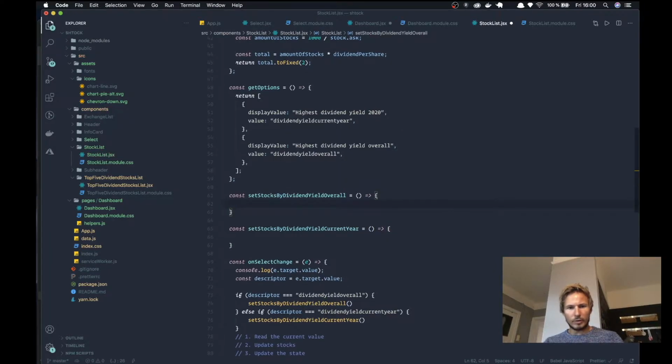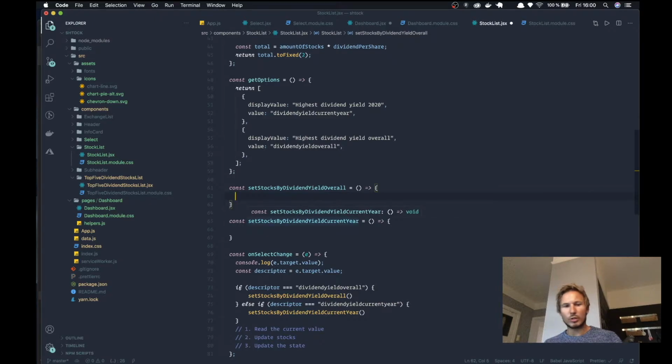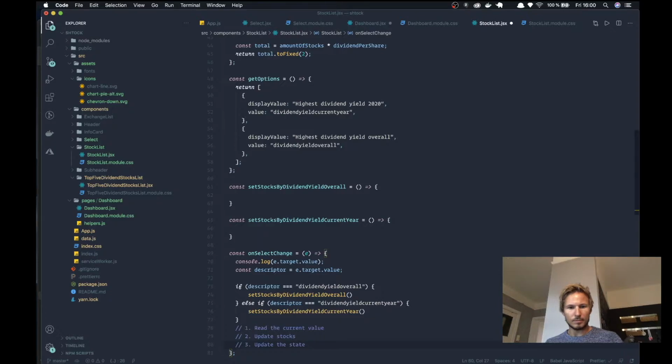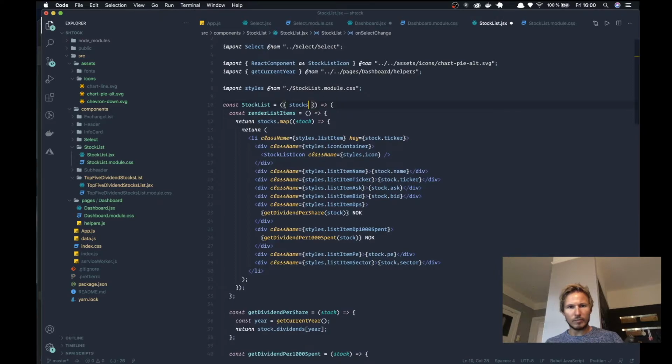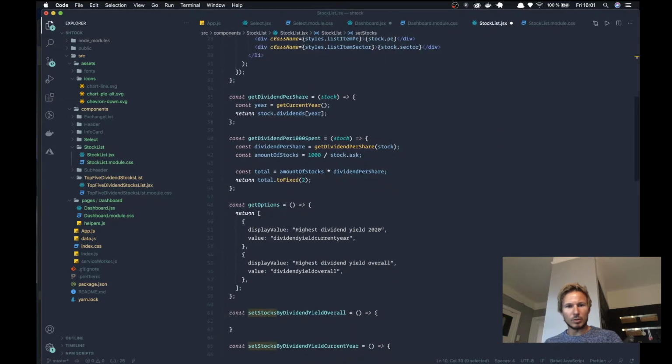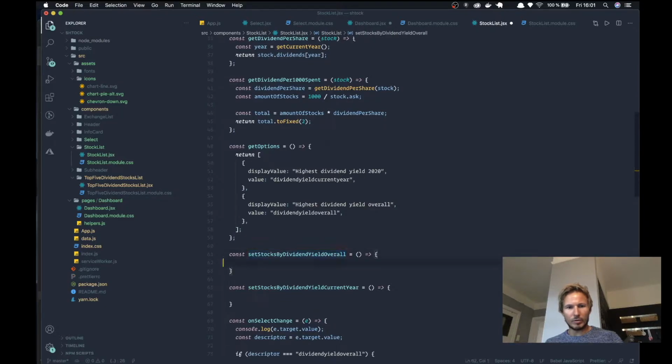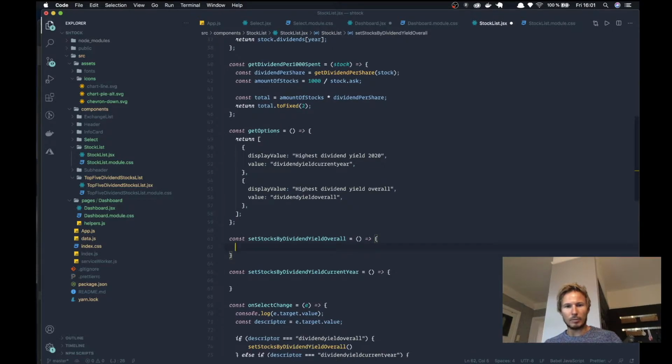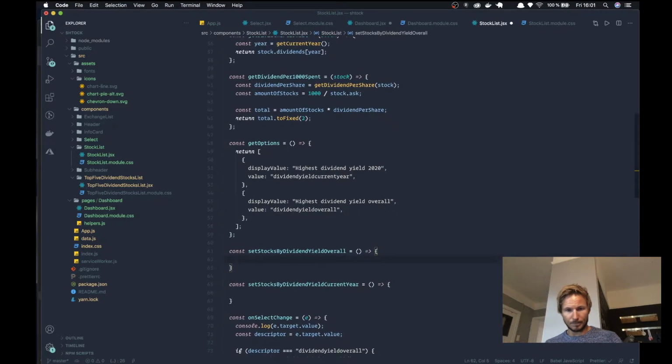And inside of here, we want to sort and then update the state. And inside of the stock list, we now have the setStocks property. So that's going to update the app state for us. So inside of here, we need to sort the elements and then update the state. So let's have a look at